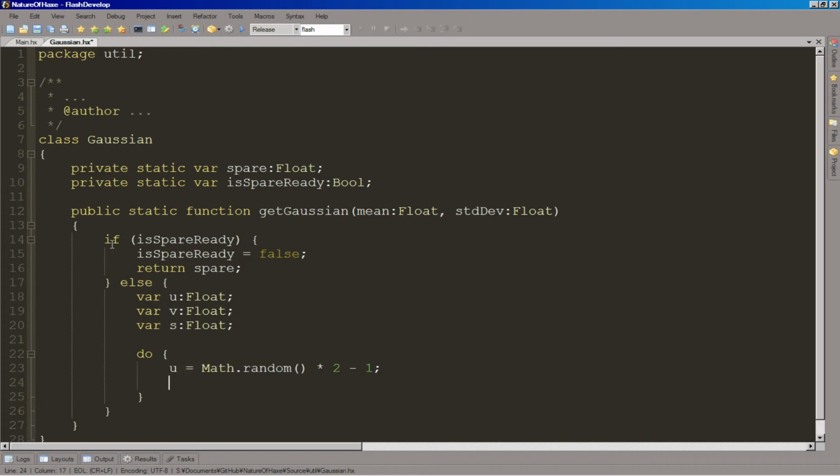So let's copy that over and change that to v. And s is going to equal u squared plus v squared. I think I can just do u times u plus v times v, like that. And we're going to do this while s is greater than or equal to 1,